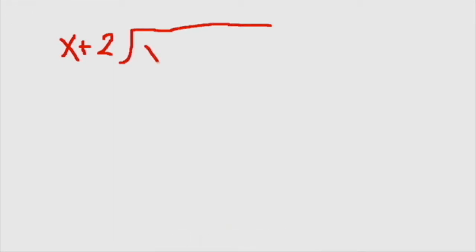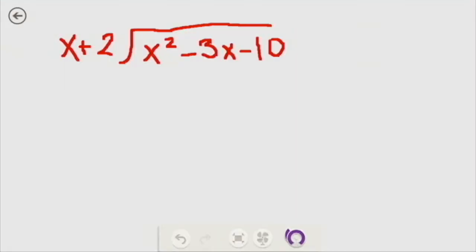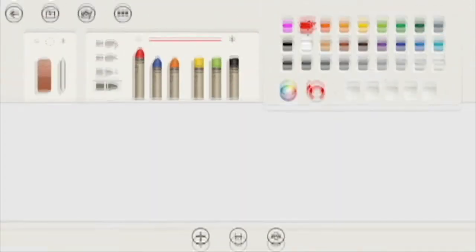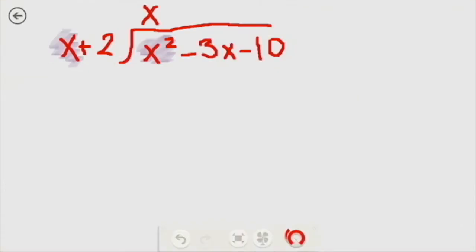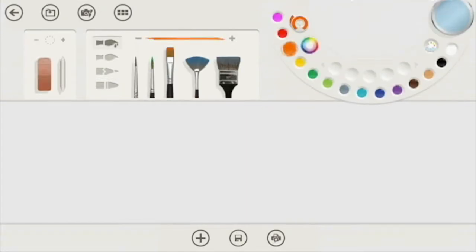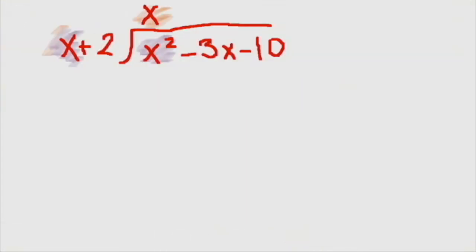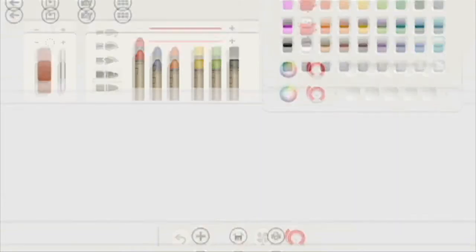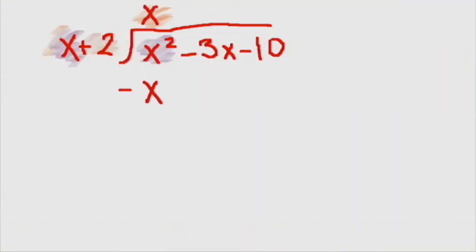Next off, we have long division. X plus 2 is the divisor, and x squared minus 3x minus 10 is the dividend. So you take the first term, x squared, and you divide it by x. You'd place the answer on the top. You take the answer that you place on top and multiply it by the divisor. Once you are done that, you're going to place the answer you got from that under the